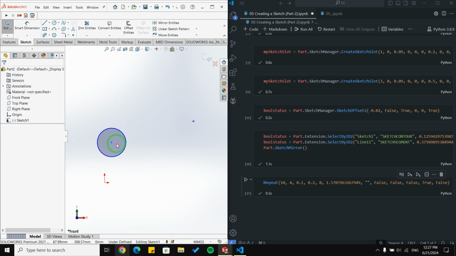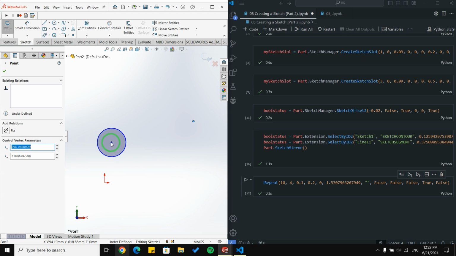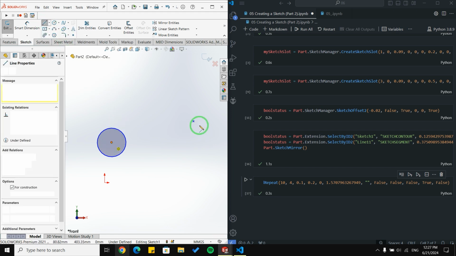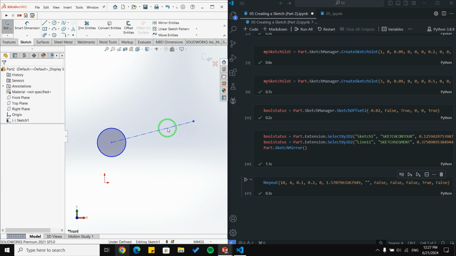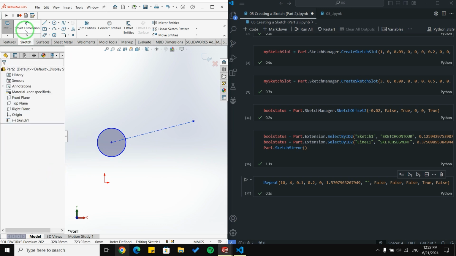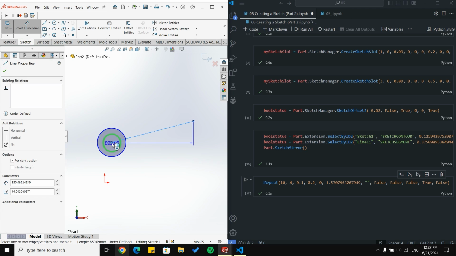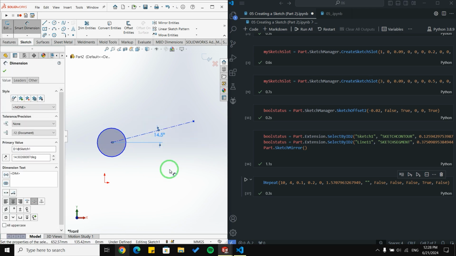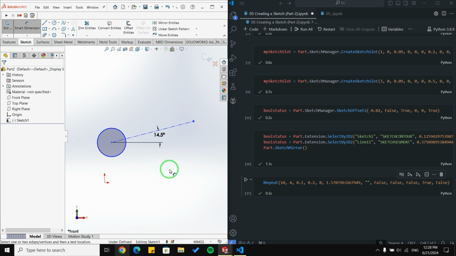First one is the distance from this point and the center of the sketch we are going to pattern, and then the angle. For example, in this case, let me create this line. The distance will be 850 millimeters and the angle will be around 14.5 degrees. So you need to specify these two arguments to be able to create a circular sketch pattern.